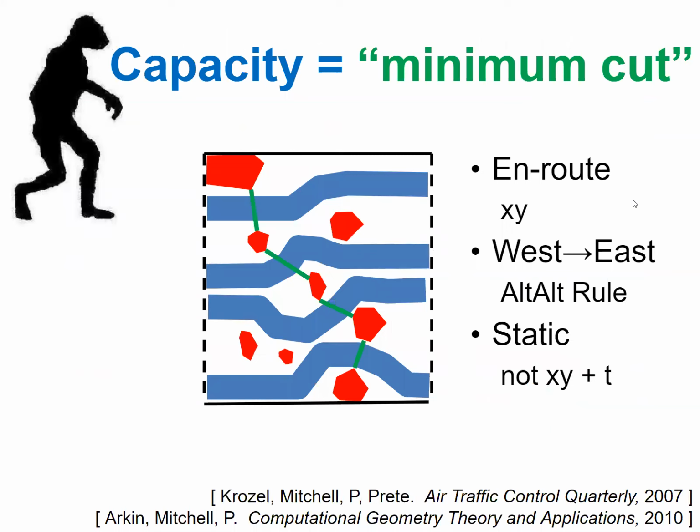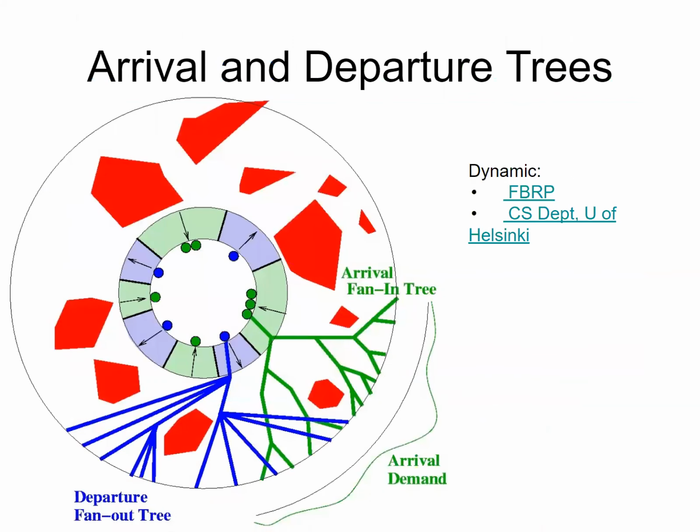So yeah, some of the theory translates also into the TMAs. This is just a recap of what we had for the en route airspace. You can also try to define these fan-out trees and fan-in trees for the arrival and so on. We do have quite a lot of projects that are related to TMA and routing in TMA. Not so much estimating the capacity, but nevertheless doing the routing. And here are just a couple of links to videos. Again, they are pretty short. You can see how the traffic flows may be managed in the